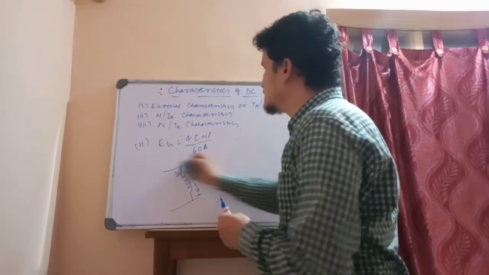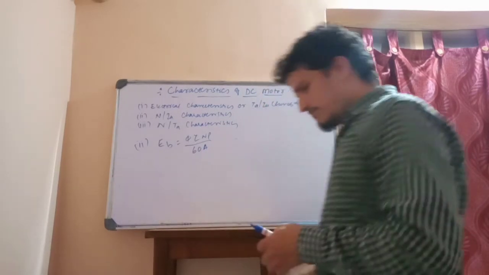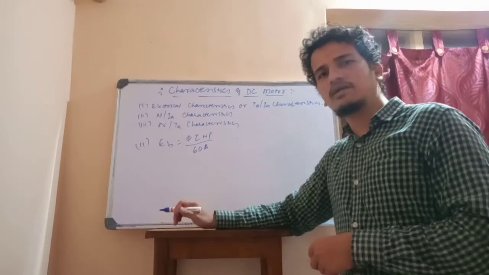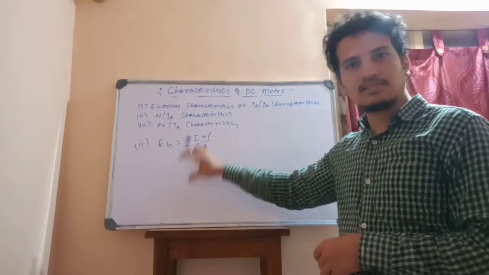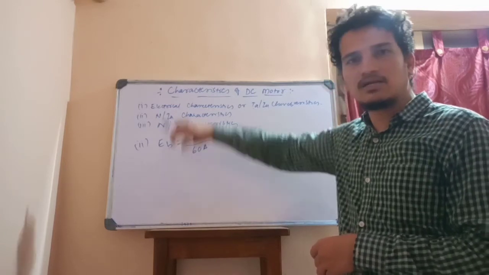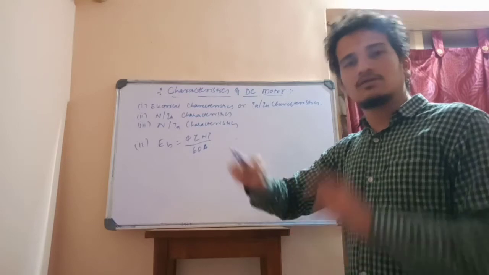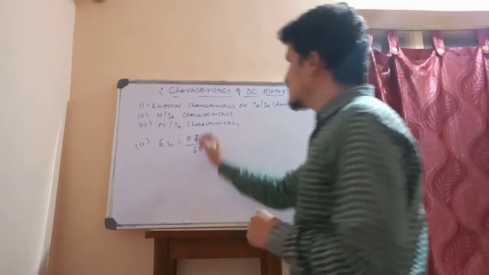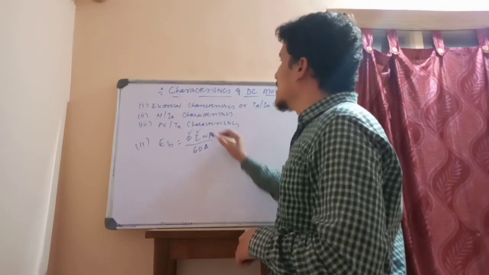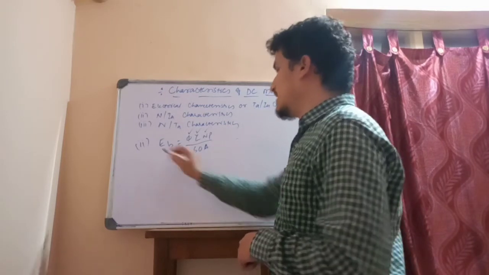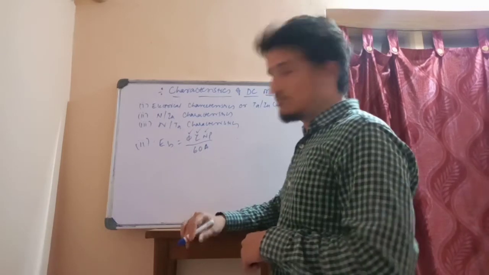Hope this is understood. But you can control the speed of a shunt motor by controlling the flux externally. You can put a rheostat and you can vary it. Unless you control it, the flux remains the same. So the flux is constant, Z is constant, N is variable. As load varies, EB varies, so N also varies.